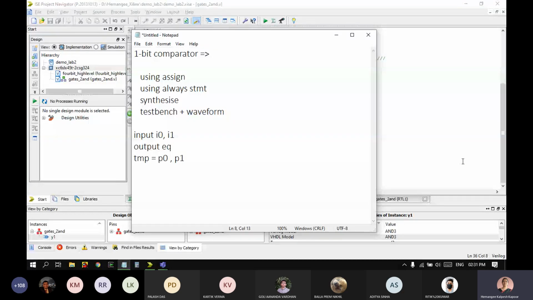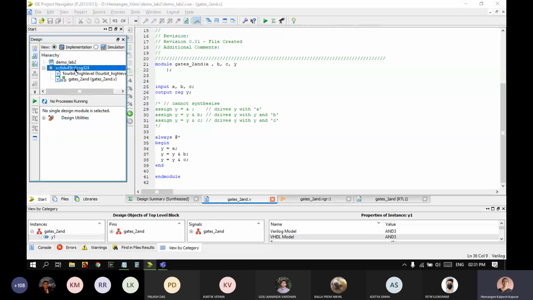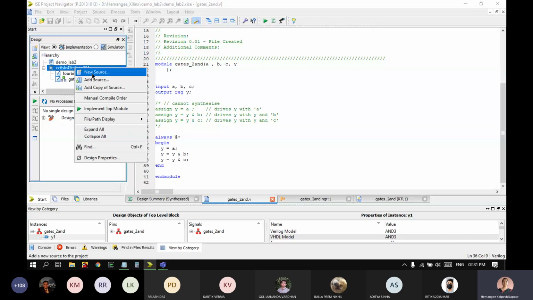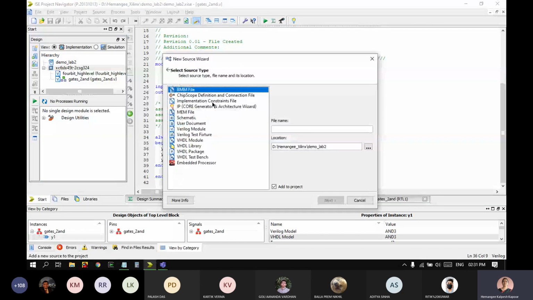Next we'll do one more example where we'll explore the test bench and the waveform features of Xilinx. I'll add one more file. What I'm doing is showing you each and every different feature along with exploring different syntax patterns. Each time I'm taking a new syntax and we are exploring a feature. So concatenate is the next one.